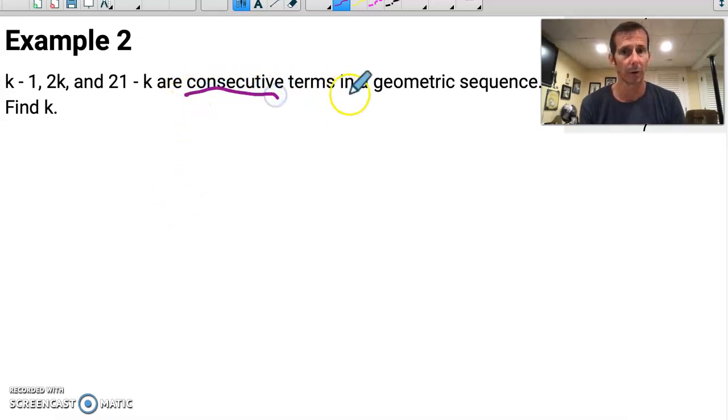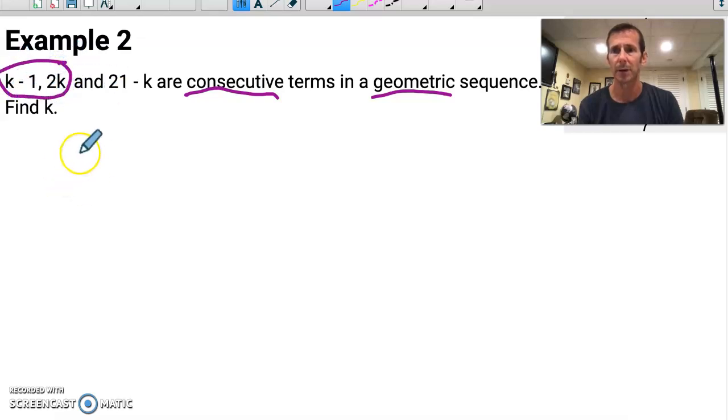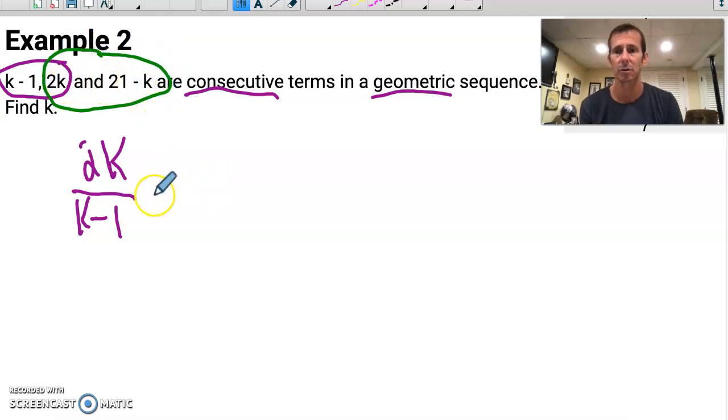That's important to know. That means they come right in a row. And I'm telling you it's a geometric sequence. That means you automatically know that the ratio of consecutive terms is the same. So if I give you the 3 terms, no matter what they are, when I compare these 2 terms, 2k over k minus 1, that ratio has to be the same as when I compare this pair of consecutive terms. So that has to equal 21 minus k